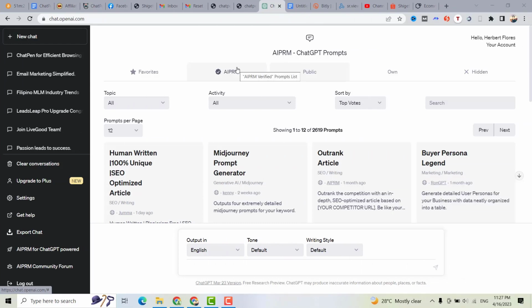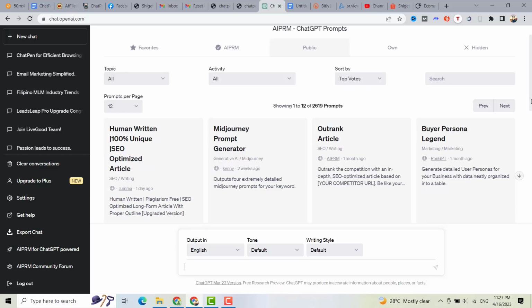Alright, so right now I'm here at the ChatGPT website, wherein you can input your prompt and ask anything, and it will help you generate content. For example, if you want to write a unique SEO article, or a Midjourney prompt generator, there are a lot of prompts that you can use on ChatGPT, and this will help you generate more content for your business.